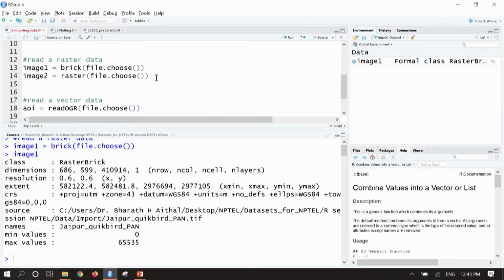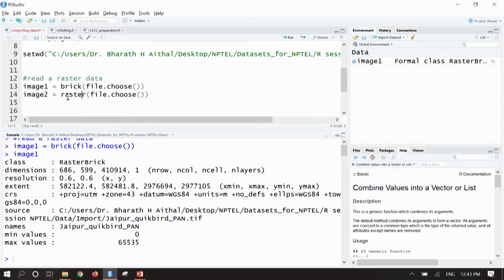The same process we can do using the raster command as well. The difference is that using the brick command we can bring in multiple band rasters, and using raster we can bring in a single band raster. Inside brick there are two functions embedded here, one is brick bracket and file.choose bracket, double quotations, double brackets. If I remove this file.choose, I can give the path here as well.